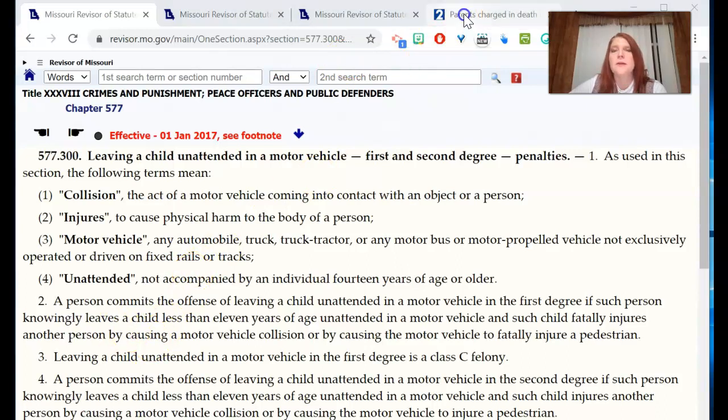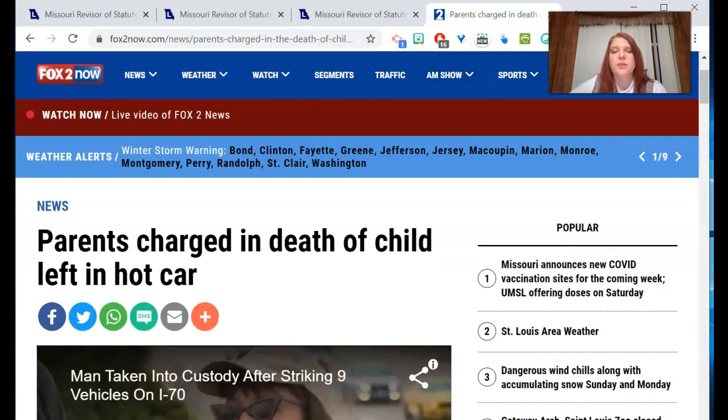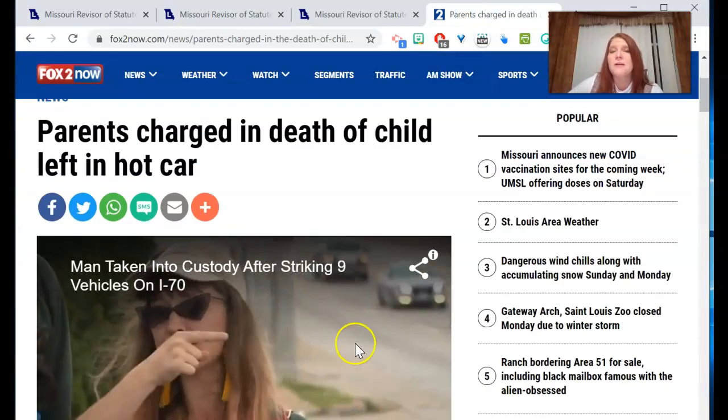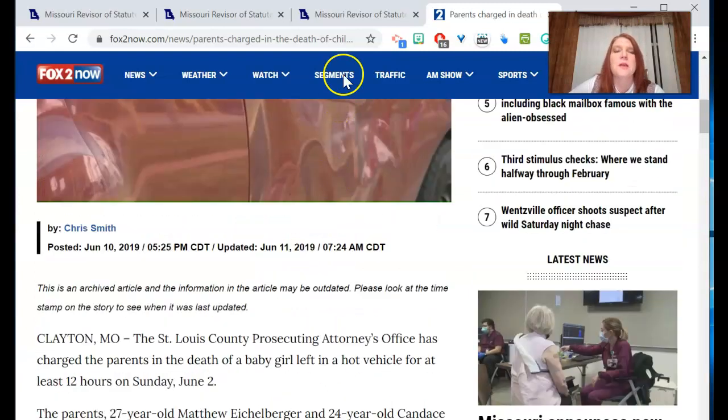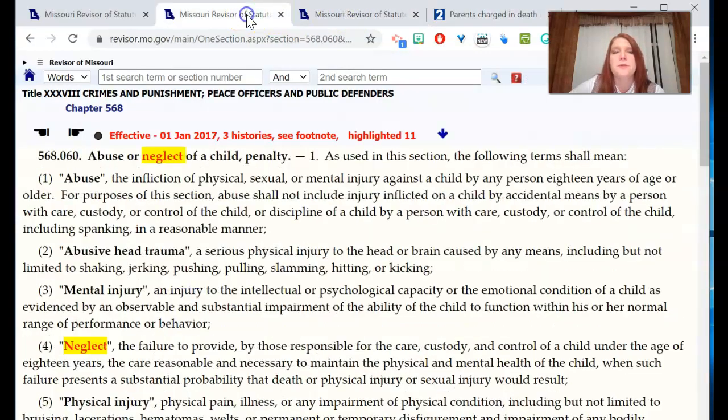So in the case here is an example, parents charged in death of child left in hot car. Well, in this particular case, the parents were charged with second-degree involuntary manslaughter in the death of their daughter because they left the baby girl in a hot vehicle for 12 hours on a hot day. Other things that they might do rather than